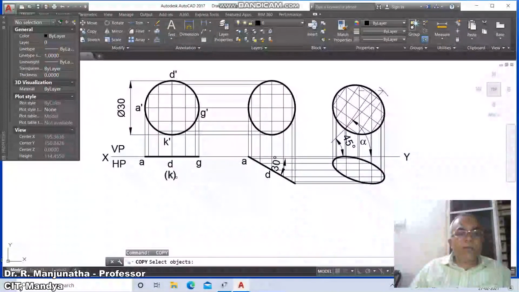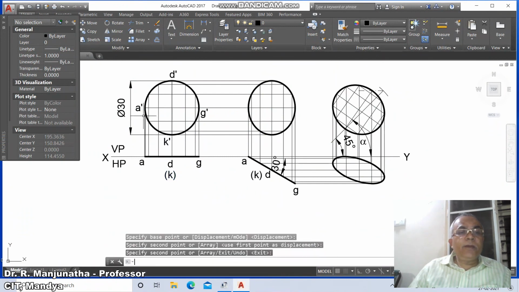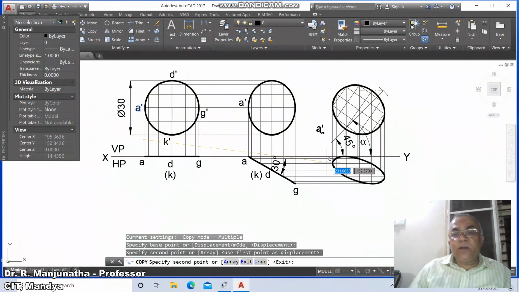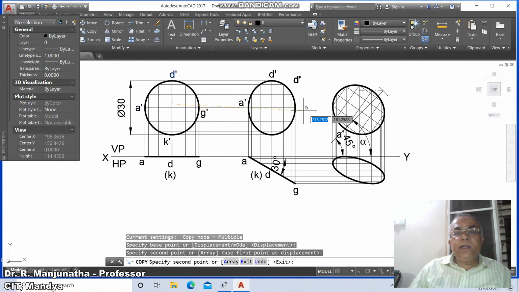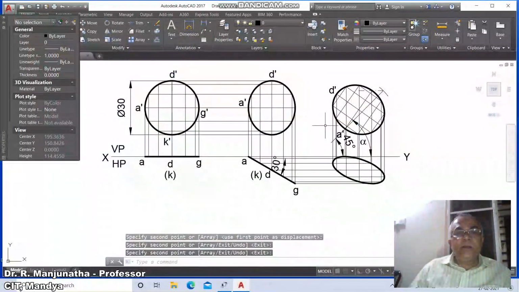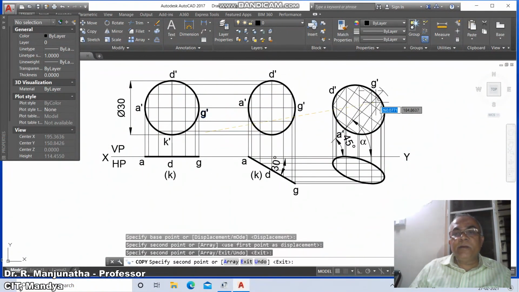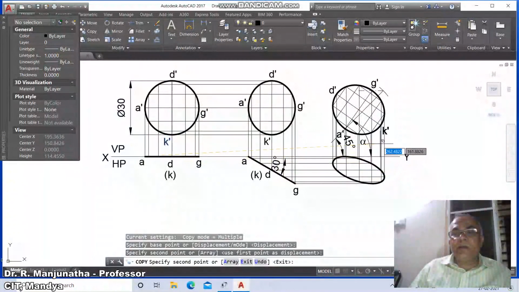Then copy, take A dash, then that A dash will come here, then you type D dash, that D dash will come here, then you type G dash, that G dash will come here, you type K dash, that K dash will come here.